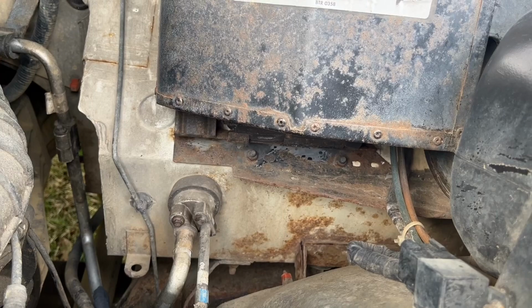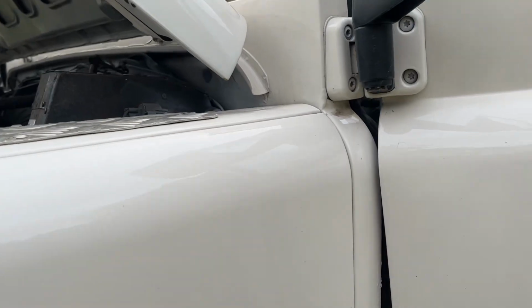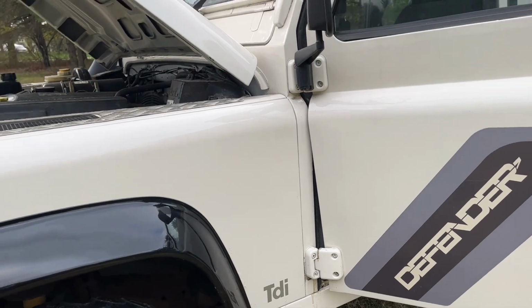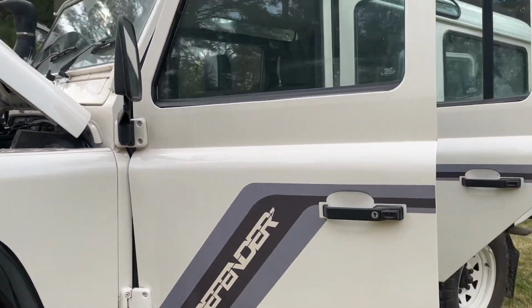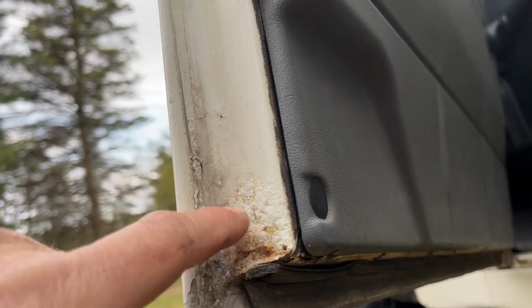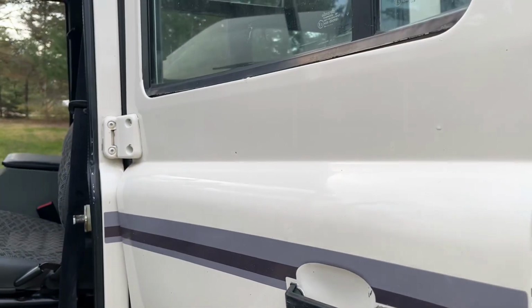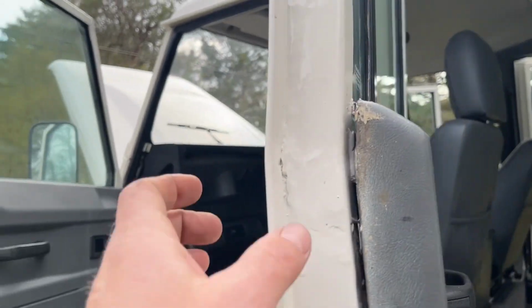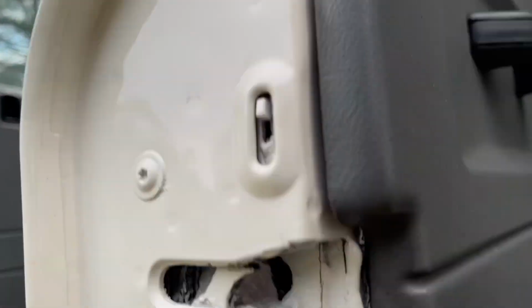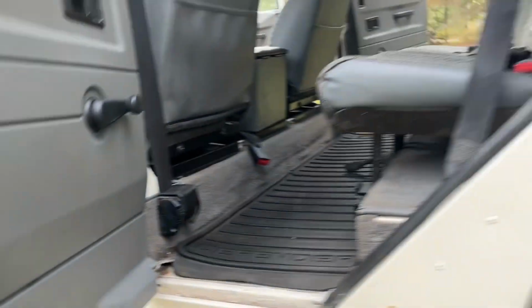While we're here, we'll take a look at the bulkhead. Pretty decent shape. Little bit of surface rust there on the footwells, but corners are in great shape as well. Super solid bulkhead. Actually, a little bit of surface rust right there as well on the side, but all in all, real good shape. Doors also real good shape. Not perfect, but very good. Tiny bit of rust right there on the door bottoms. The outer skins are in great shape, no corrosion on those. The middle row doors have been repaired. There's a weld here and a weld at the bottom there. So those are in great shape. And the rear door,